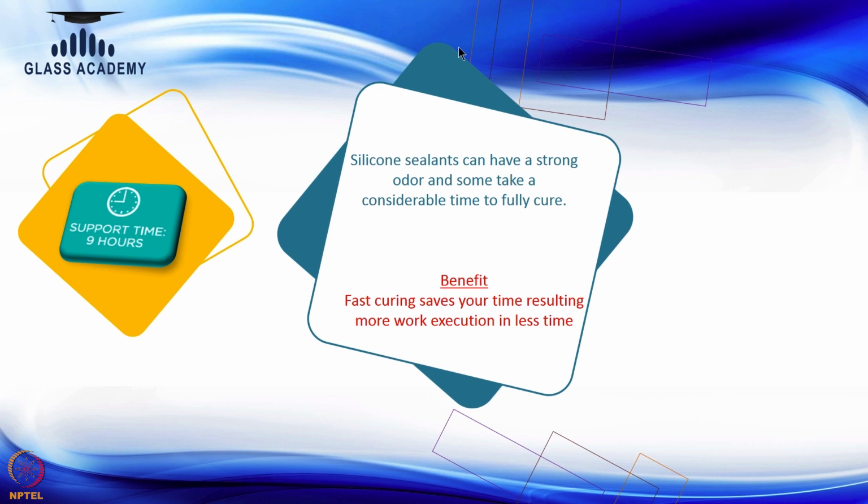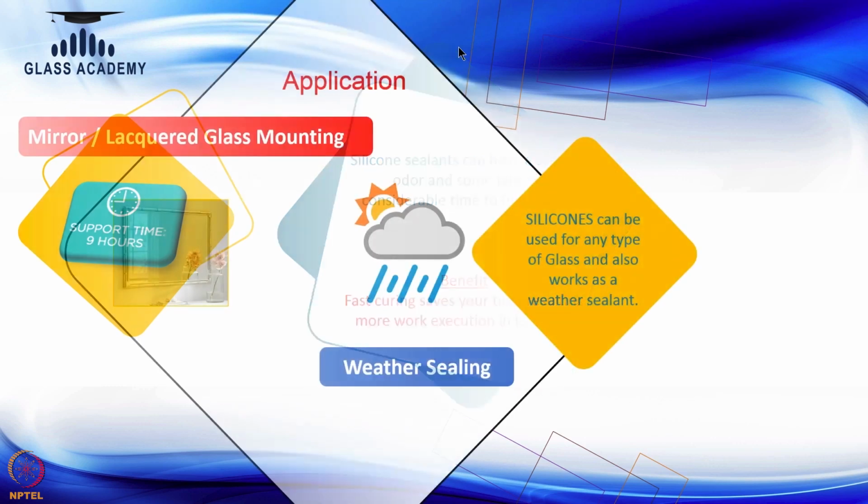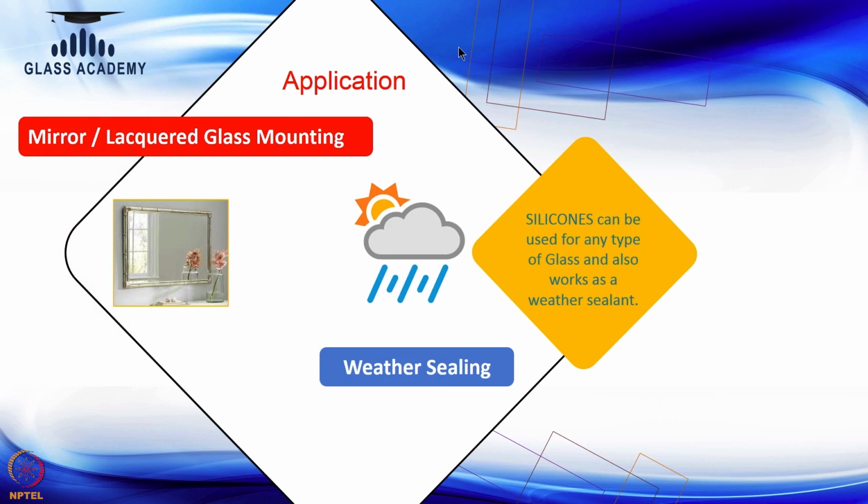In the market we can see that there are silicones available from 8 to 24 hours, whereas the recommended time is 8 to 9 hours. The silicone with 8 to 9 hours curing time is considered a good silicone, whereas the holding time, the support time, should be around 2 to 3 hours, so that the glass can be placed and supported with the help of masking tape. I will show you that in the installation video, where we will understand in detail how this fixing time and this curing time happen with this application.